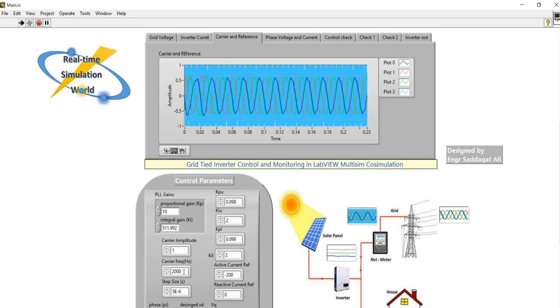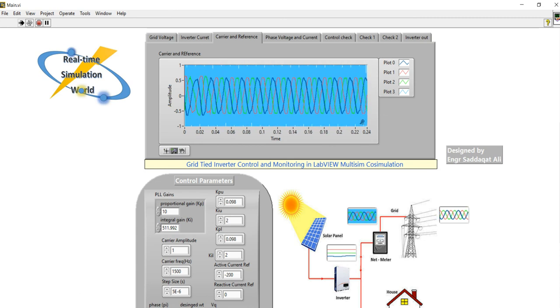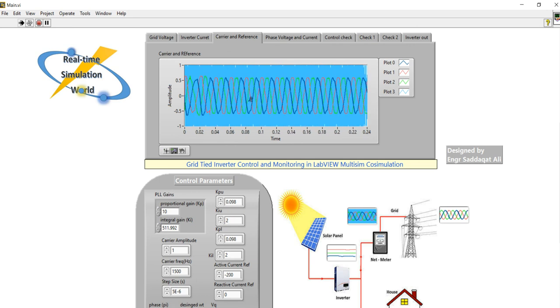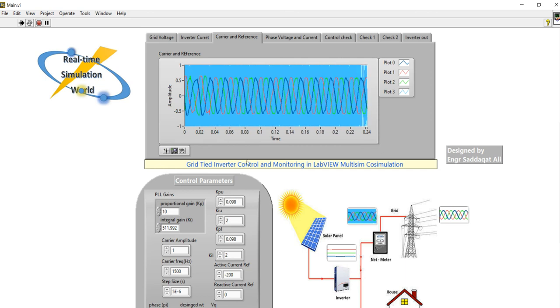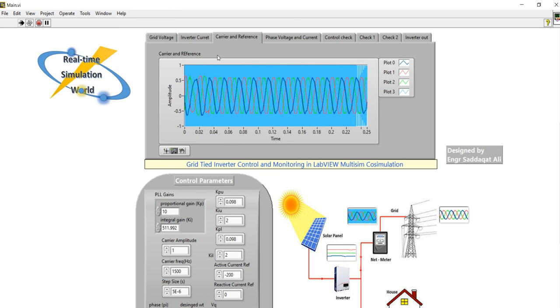You can control the frequency of the carrier. Let me reduce it to 1500. So you see my frequency is reduced now compared to the previous one. If you reduce the frequency, the shape of your voltage or the current increases a